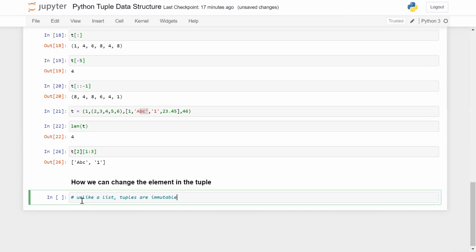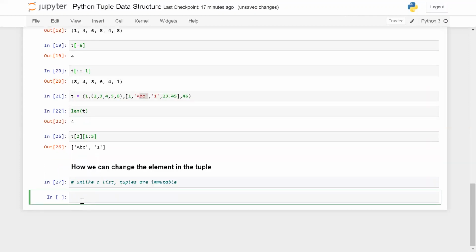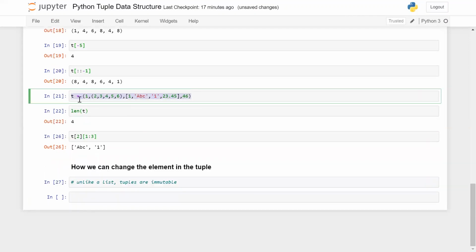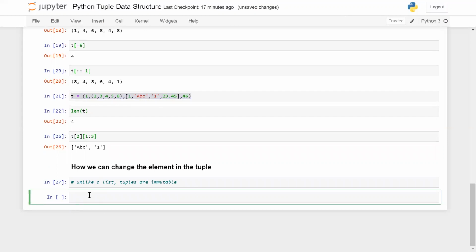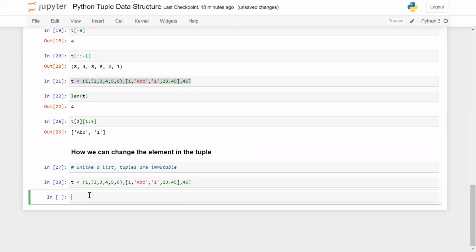Elements of the tuple cannot be changed once assigned. But if the element is itself a mutable data type like a list, then we can change it. Let me give an example. Let's take the same example I mentioned in cell number 21. Can you change an element of the tuple? See what will happen. Let's say t of 0.